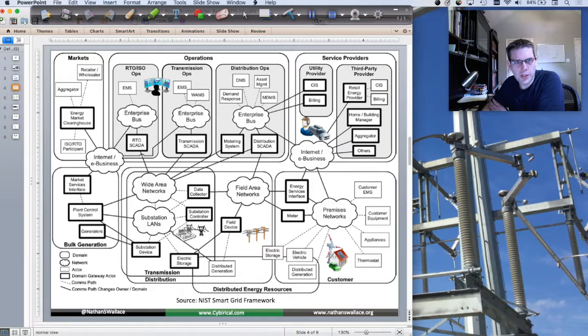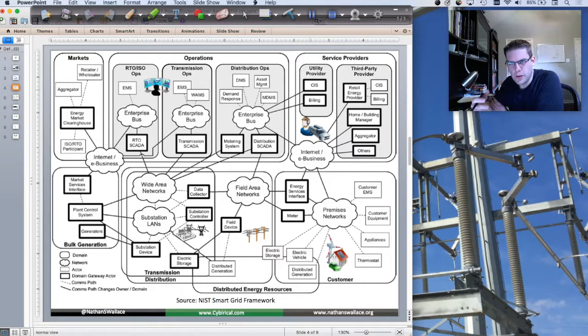We have our operations, so that's the managing of all this stuff, energy management systems, wide area management systems, asset management, distribution ops, so distribution management systems, distribution SCADA, supervisory control and data acquisition. So we have that at the distribution system as well as the transmission system. And then we have also these service providers that are